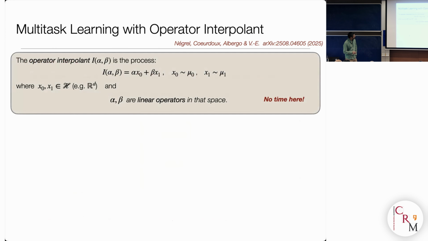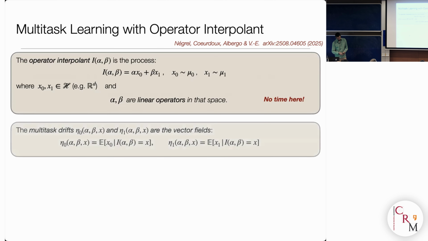What I mean is that you can now introduce what we call the operator interpolant. I don't know if it's a good name. Formally it looks exactly identical to the formula that I had on the first slides, except that here alpha and beta are not viewed as functions of time. They are just linear operators. And so you don't view the interpolant as a function of time. You view it as a function of these two operators. Okay? And if you choose these in different classes, you can a priori realize many processes like the ones that I showed you on the previous slides.